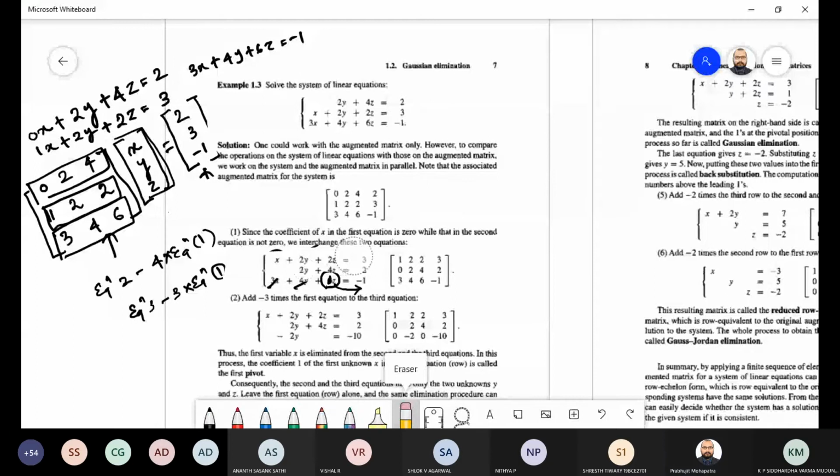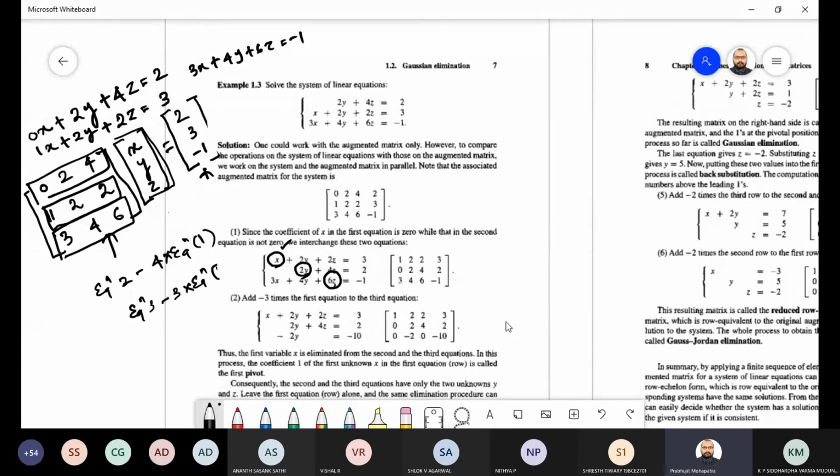Yes. So same thing we are going to do here. First, these positions are called the pivot positions. This is the position for x. Here only x should be there. This position is called the y position. Only y should be there. This position is the z position. Only z should be there. Nothing else should be there.